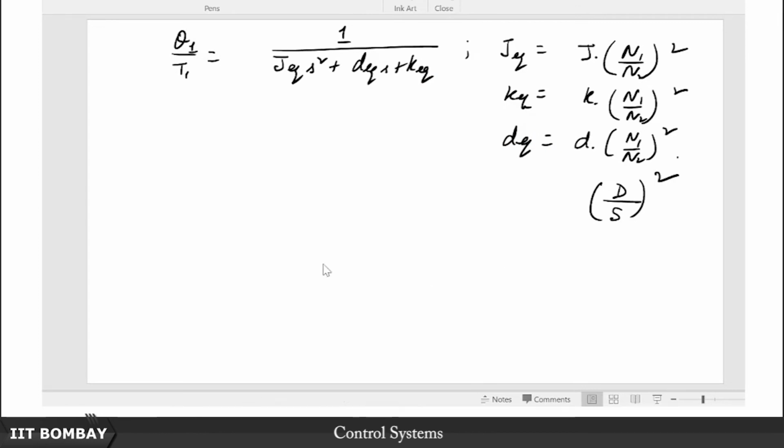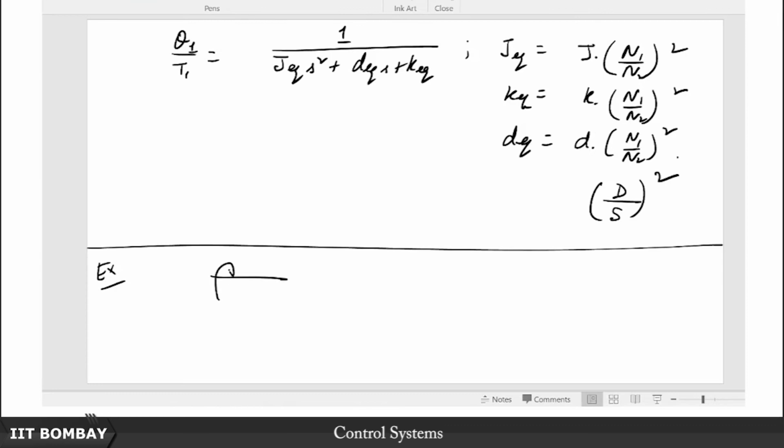So hopefully that is a bit illuminating, and also we can heave a sigh of relief at the relative ease with which we can deal with this gear assembly, because otherwise they appear to be pretty complicated objects in and of themselves, right. But this gives us hope that even when we have a complicated assembly, we can actually look at a simplified transfer function eventually by reflecting each of these components. So let us look at a quick example to elucidate this concept here and see how it helps us in